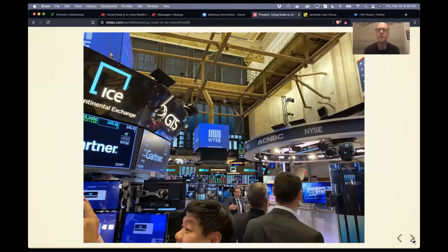So this is a picture I took when I was on the floor of the New York Stock Exchange. And what's interesting about this is you see these little kiosks, these little booths that are set up, but it's all basically for show. CNBC basically has a studio now on the floor. All the actual real activity is going on digitally.